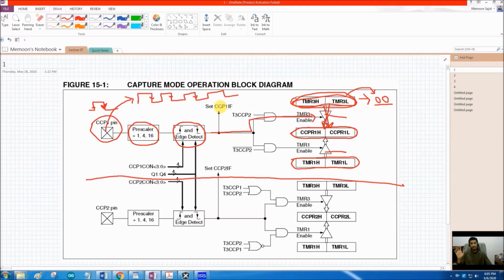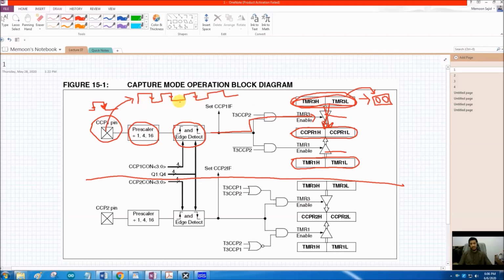So the timer is running, a falling edge came, the value at that moment was copied, and then the timer was reset to 0 and it started counting again from 0. And at the next falling edge, again at that particular moment, the value of timer was copied. So what do you think that value XYZ would be? That XYZ value would be the same every time, because the timer is counting from 0 every time. It is being reset to 0 every time.